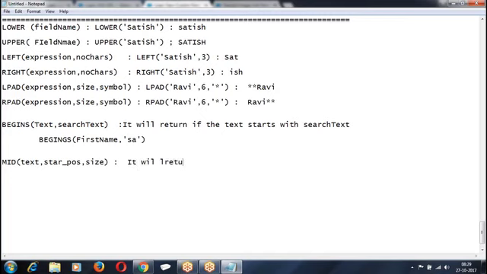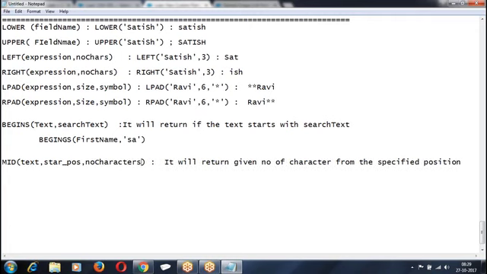It will return the given number of characters from the specified position. Number of characters I can say 7.